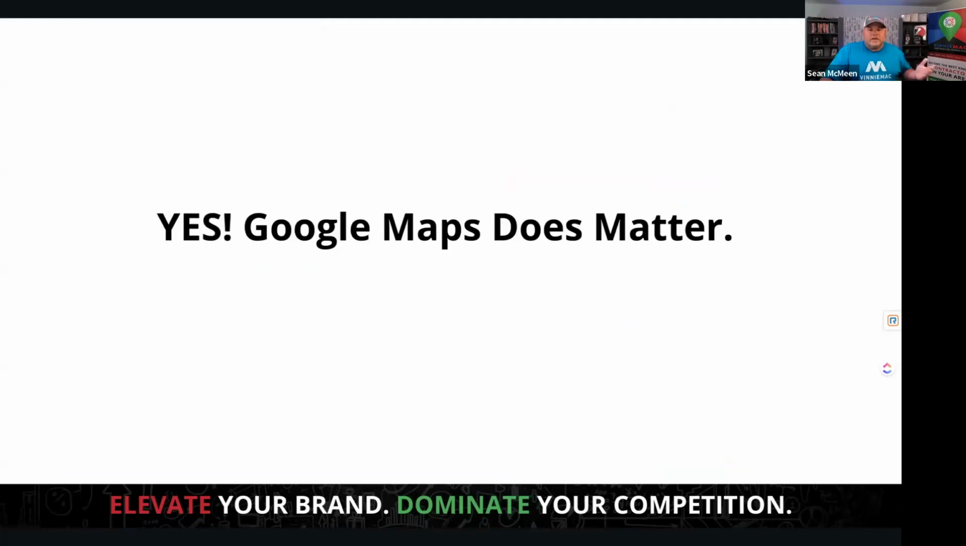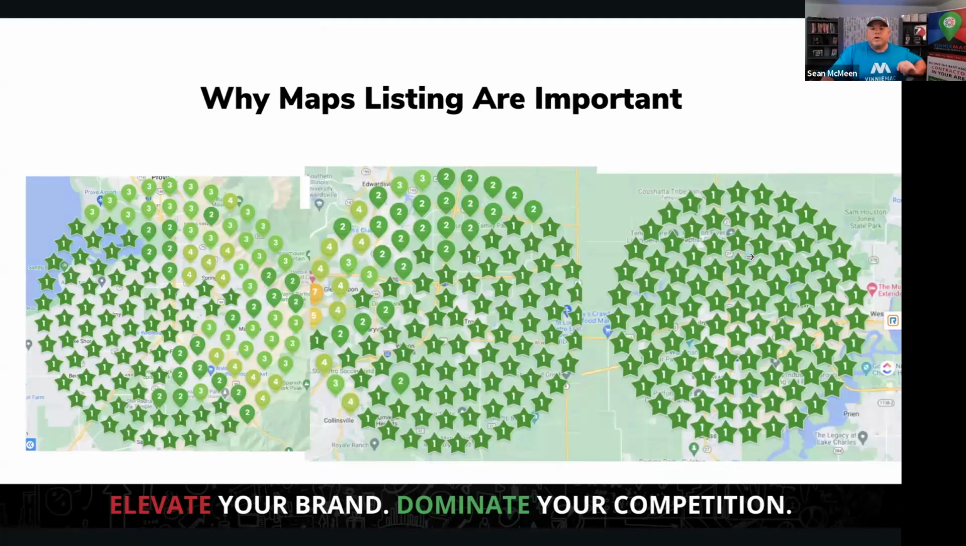And so the answer is yes, absolutely. Google Maps does matter. These are what are called geogrids, and these are a few of our clients here. What it's doing is, at any GPS coordinates, it's searching for the term water damage restoration and where that company shows up. When you have a geogrid set up like this, where you're showing up 1,